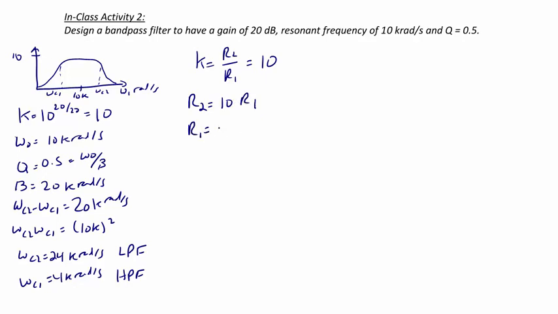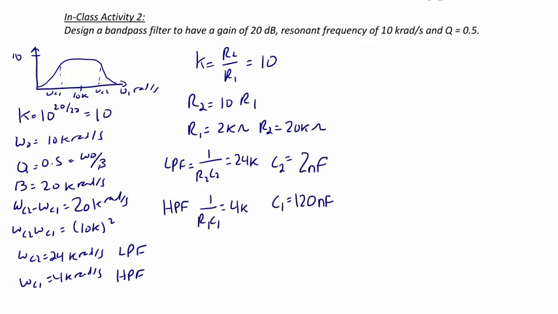So if we let R1 equal 2 kiloohms, R2 will equal 20 kiloohms. And the cutoff frequency for the low pass filter is going to be 1 over R2 times C2, and that has to equal 24K. So since we know we want R2 to be equal to 20 kiloohms, we're going to get that C2 is